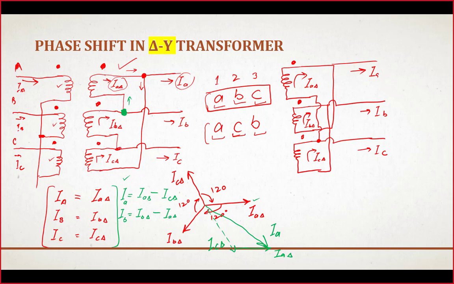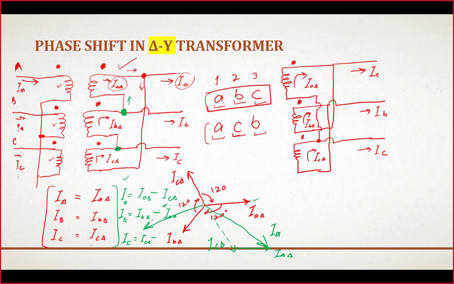Okay, so that will be achieved by subtracting IA delta from IB delta. So minus IA delta will be this phasor over here. When we add here the IB delta, their vector sum will give us this phasor. Next, if we draw the third phase, IC will be equal to IC delta.